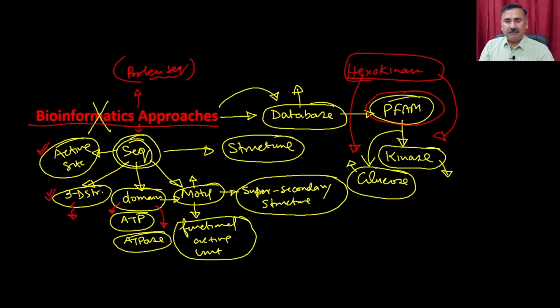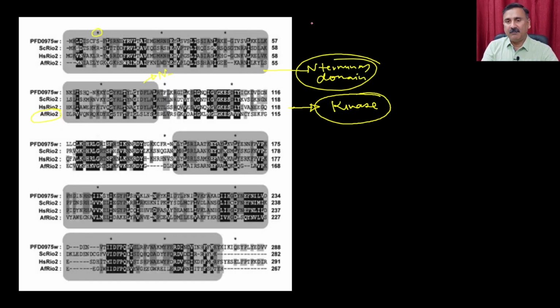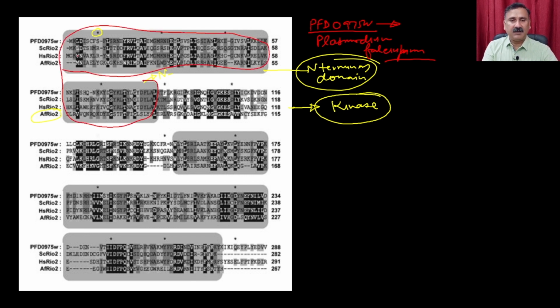Let's take a clear example. In this particular case, this is a hypothetical protein called PFD0975W. This is a hypothetical protein from Plasmodium falciparum. When you talk about a hypothetical protein, you don't know anything about it, but when we try to identify the homologous sequences from the database, what we found is that what you see here is the N-terminal domain, and it is going to be responsible for the substrate binding,